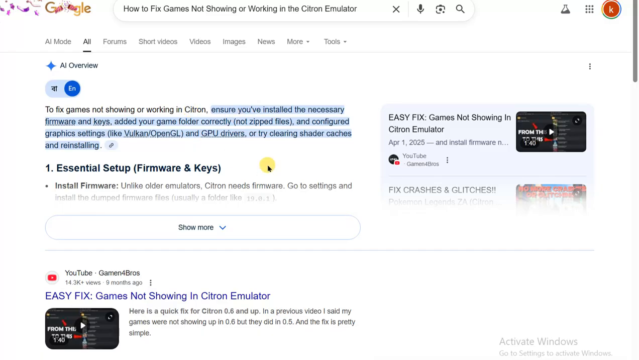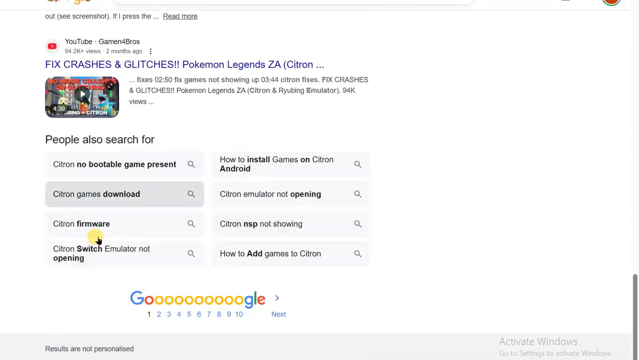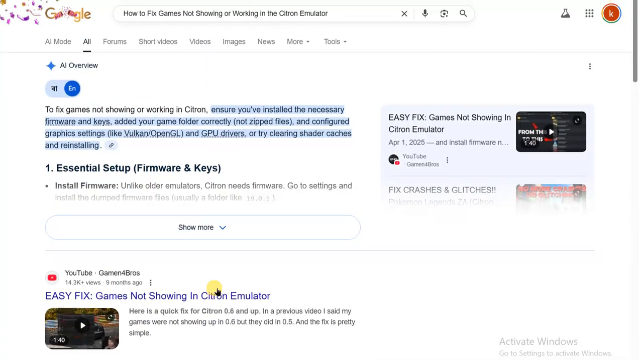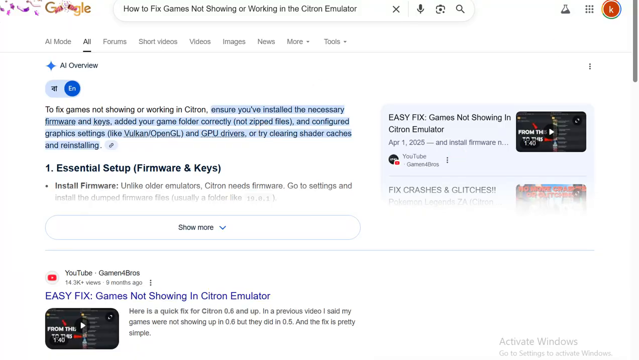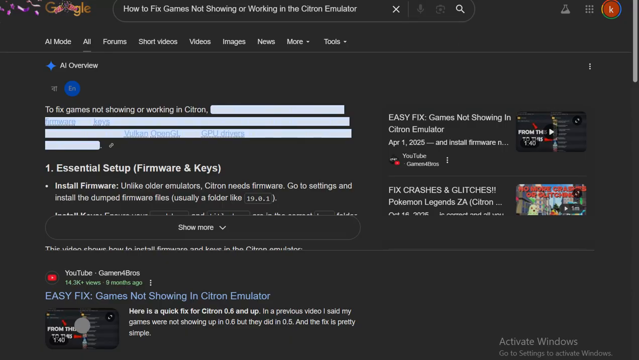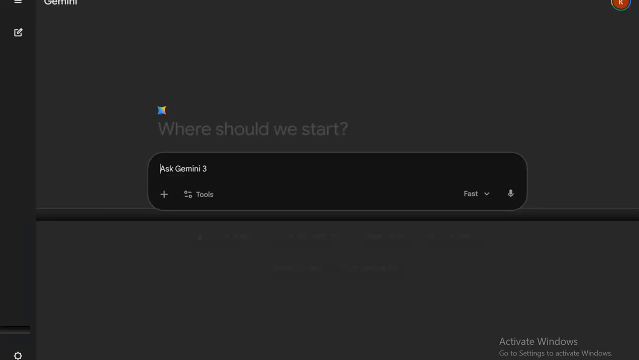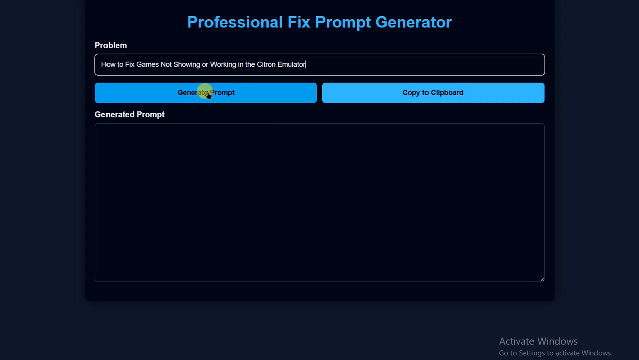Many solutions online are long, confusing, and hard to follow, asking you to reinstall the emulator, edit hidden files, or run complicated commands, which can be risky and time-consuming. But today on Rexist, I'll show you a secret easy trick that fixes this problem quickly and safely in just